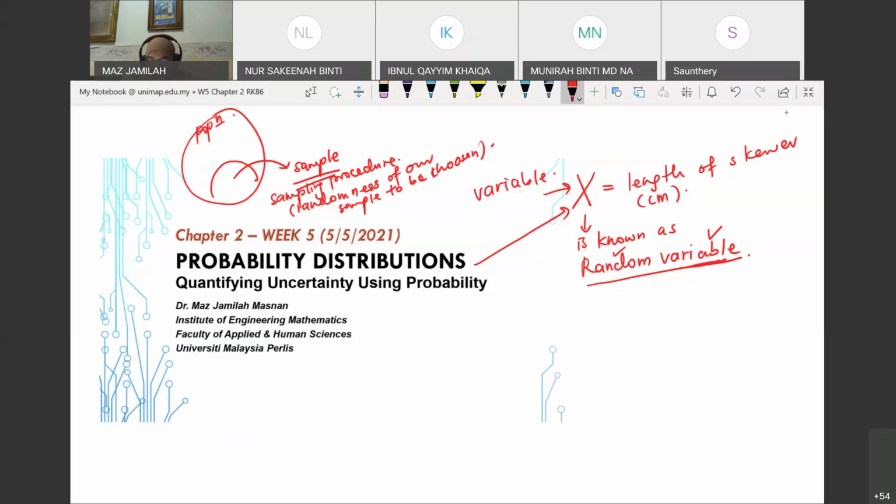Now, this concept of randomness will make sure that it represents your population. Now, since we know that our x can be varied, this random variable x, if you still remember,